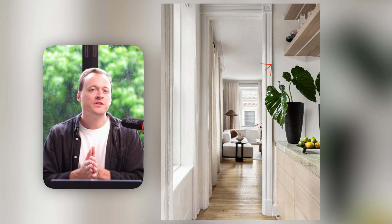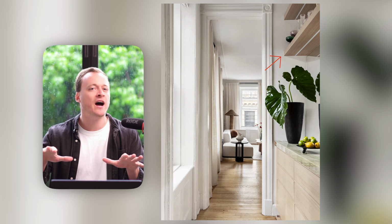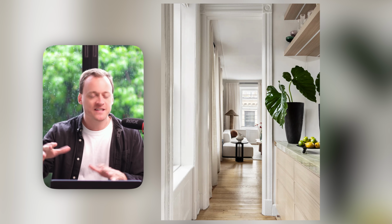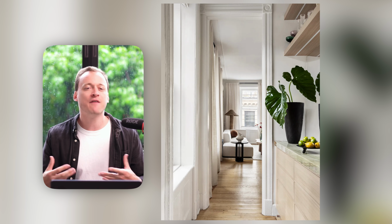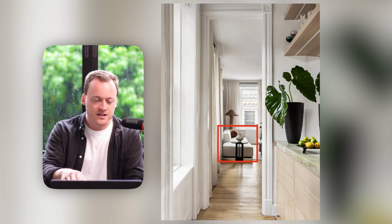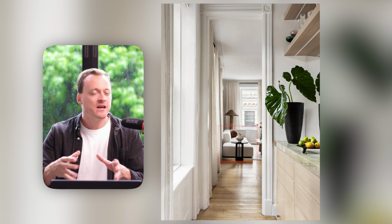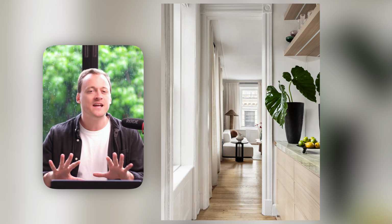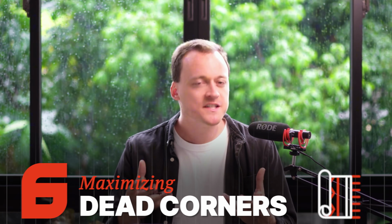And then the floating shelves on the right wall here keep things open at eye level while still being super functional, right? There's no chunky upper cabinets that would close off the space, but instead everything just feels open and airy. And again, the low profile sofa at the end here keeps the view open. And because the hallway ends in a seating vignette instead of a flat wall, it extends the perceived depth of the home. But we've still got more to cover here, and the sixth thing I want to point out that